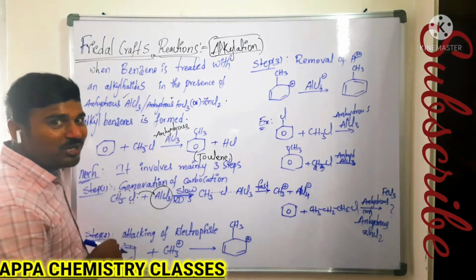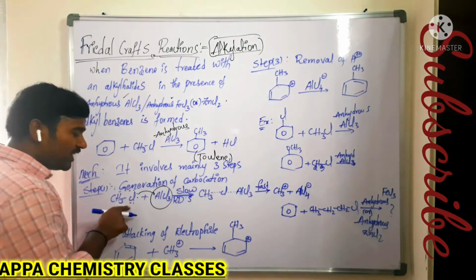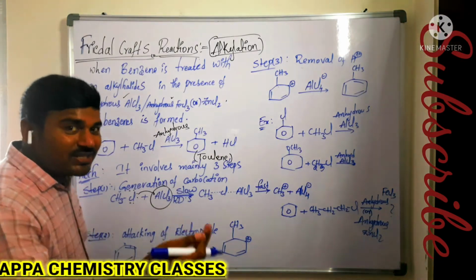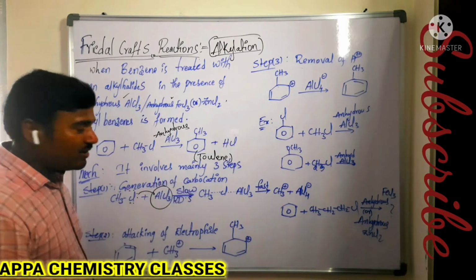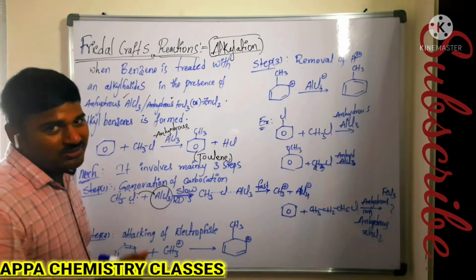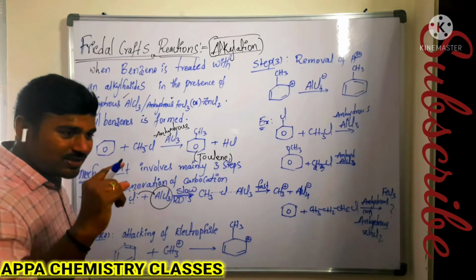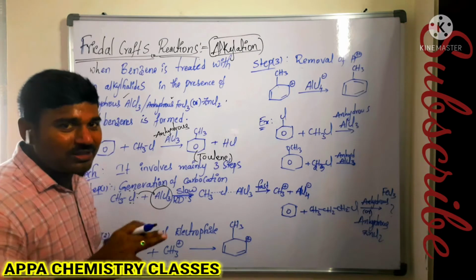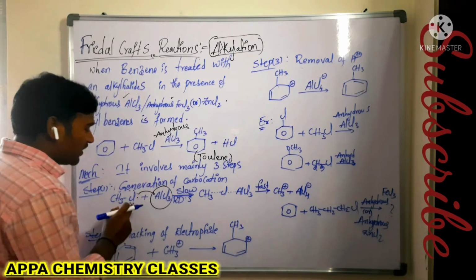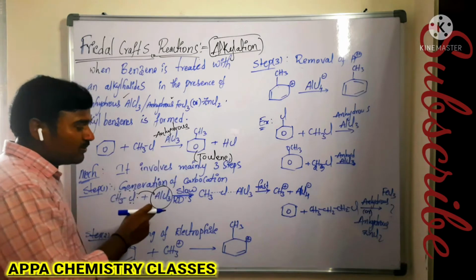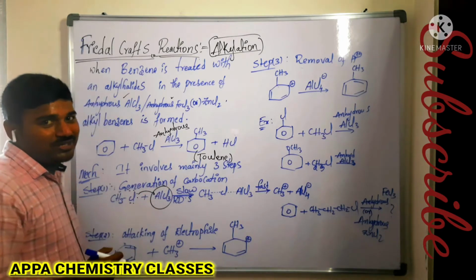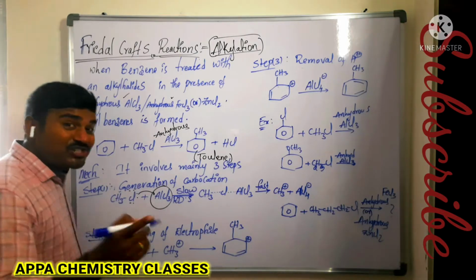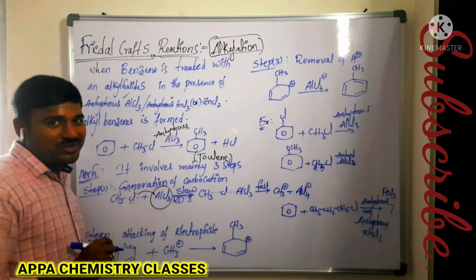If it is hydrated aluminum chloride, what happens? Instead of chlorine donating, oxygen donates, because oxygen is more electronegative and can easily donate the lone pair of electrons to that electron deficient molecule. Because it is a small sized atom with a big sized lone pair of electrons, it cannot hold it, it can easily donate. So in presence of water, the formation of carbocation will not take place. It interferes with the formation of the coordinate covalent bond. That formation of the coordinate covalent bond is the slowest step of the reaction.